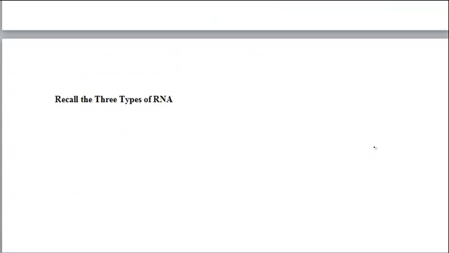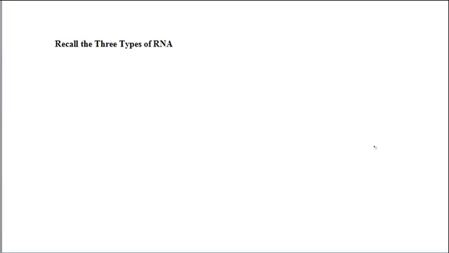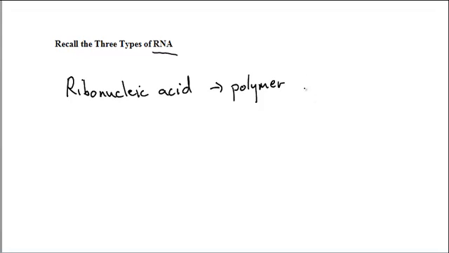So to start with, we need to recall the 3 types of RNA. We went through this very quickly in the very first lesson on nucleic acids, and we just want to make sure we're clear on what they are. So first of all, RNA, recall, stands for ribonucleic acid, which is a polymer of nucleotides,